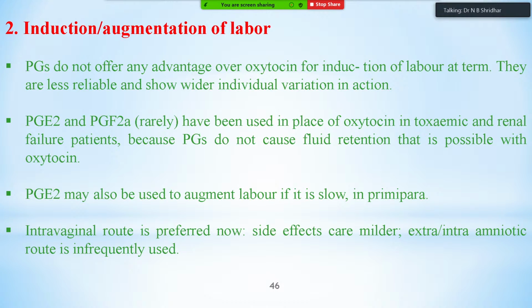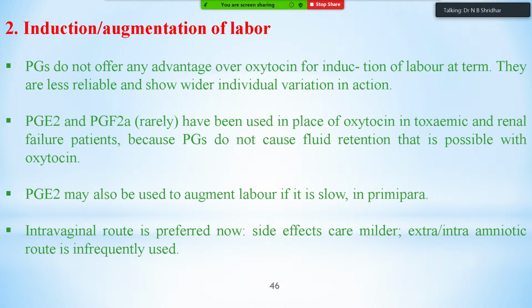So if you administer a high dose of the oxytocin, of course the oxytocin receptors are present on the myometrium, which is preoccupied with the estrogen receptor. So the myometrial contractions are induced by the oxytocin, and whenever the dose is given high, it is going to retain water in the body.